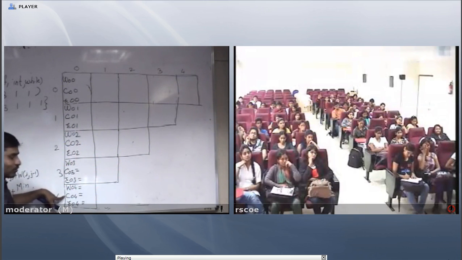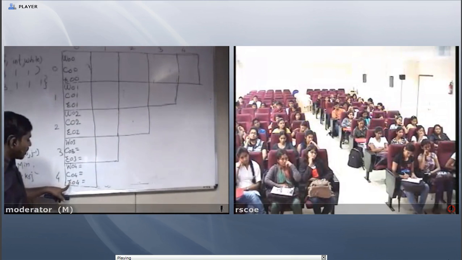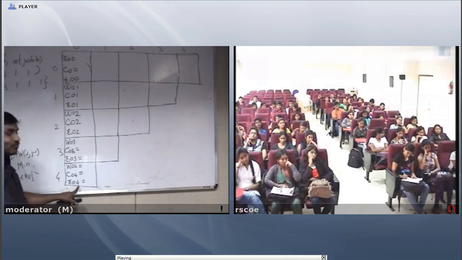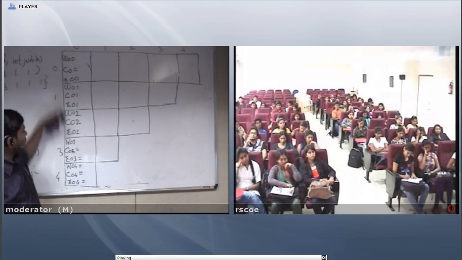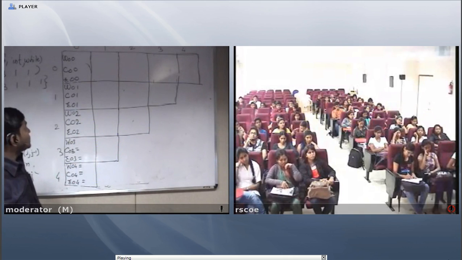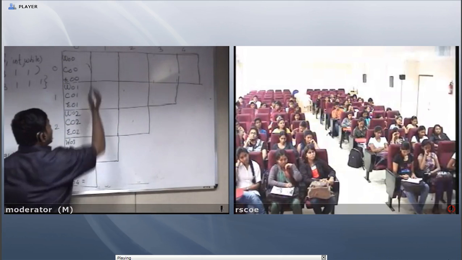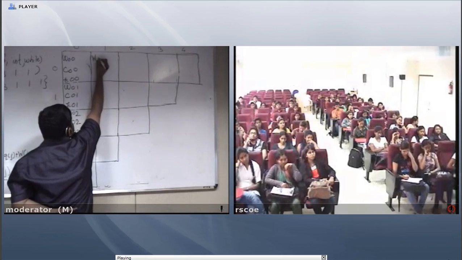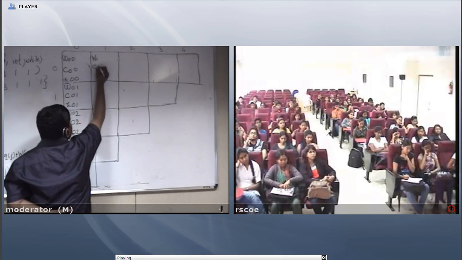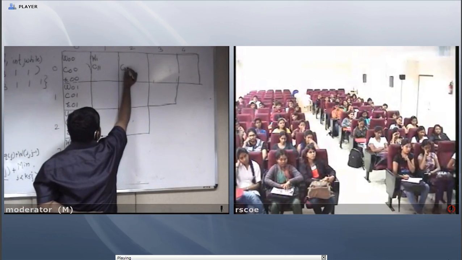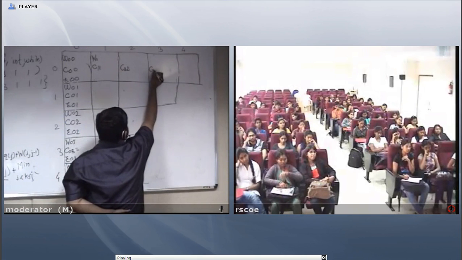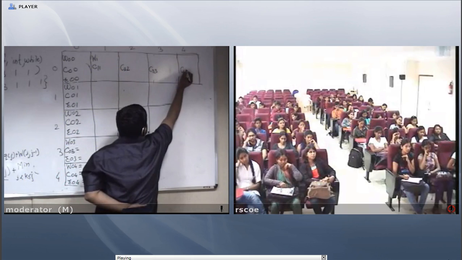And when I want to find out the 0, 4, first I calculate the value of weight 0, 4 and then only I can say which will be the best route from 0 to 4. Clear? So these are the conditions. Now from the second column, just write down 0 cost of 1, 1 cost of 2, 2 cost of 3, 3 and cost of 4, 4.